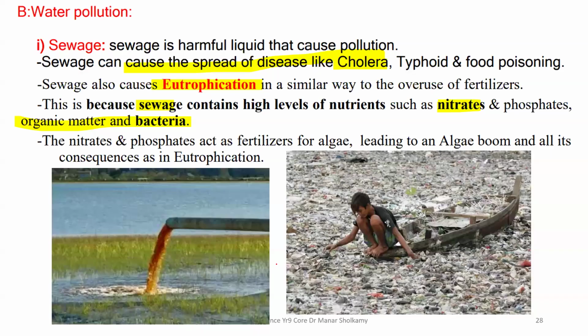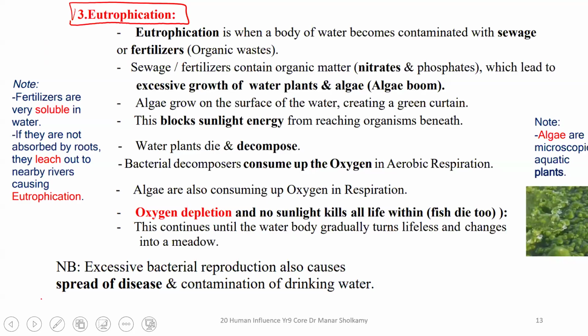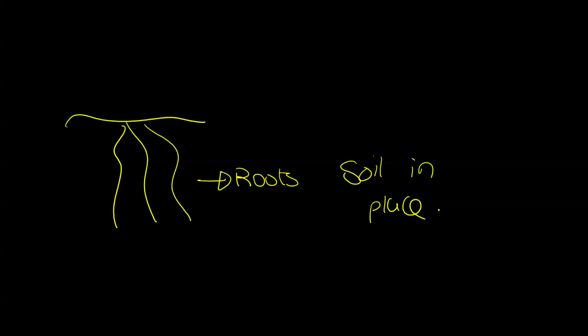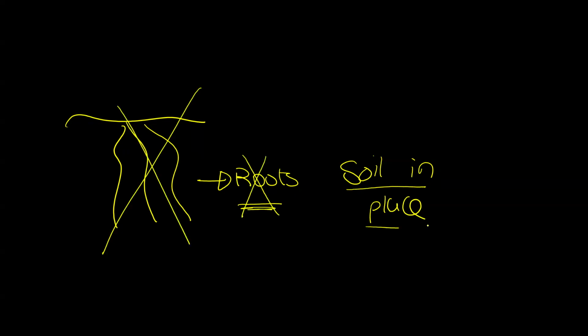So going back to eutrophication. Deforestation and the use of fertilizers cause eutrophication for two reasons. We need to understand it together. Now, when you had lots of trees, these trees had very thick roots. These roots used to hold the soil in place. When you do deforestation, you remove the roots. You have no more roots, and the soil will not be held in place.